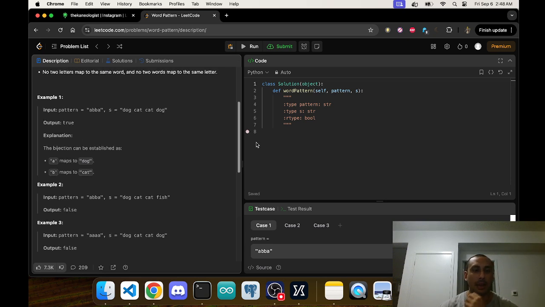So basically you're just mapping letters to words, and you're seeing if the letters in the string map. So what I'm going to do is create a map. The best way to do that is a dictionary, so I can reference letter to word. So then I go for letter in S. Oh, S is the phrase. Okay, so for letter in pattern,